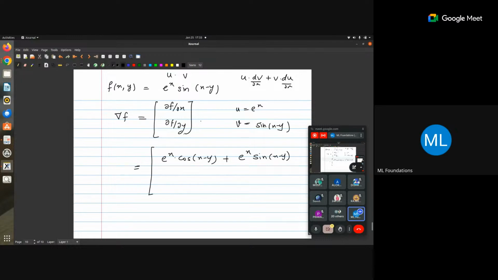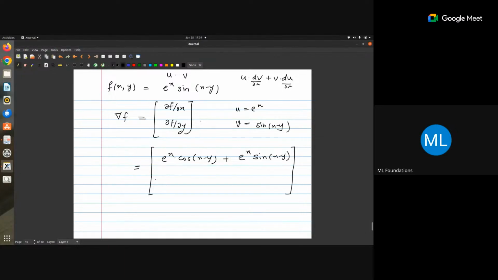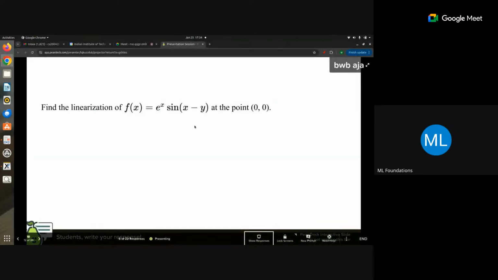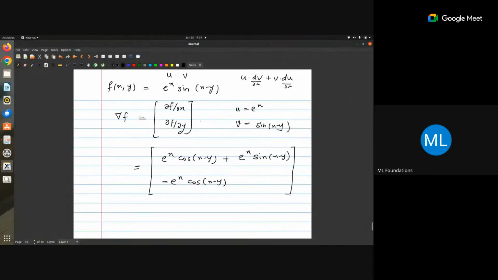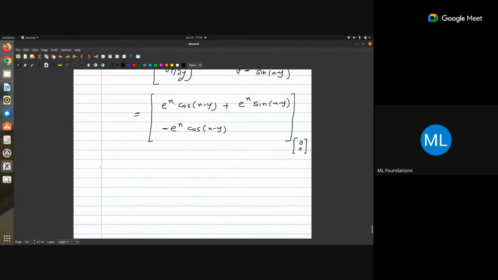Okay. And what about with respect to y? It is e to the power x cos of x minus y, times minus 1. So basically this will become minus e to the power x cos of x minus y. Okay, and now what are the values? At what points do we have to see? At 0, 0. So by substituting the values, I'll get del f at 0, 0 as e to the power 0,